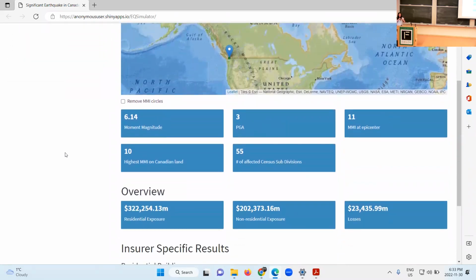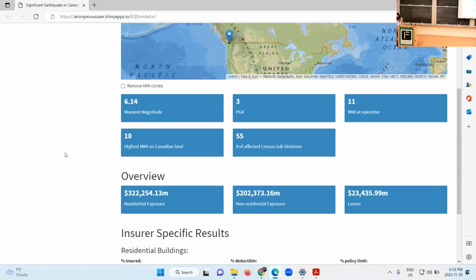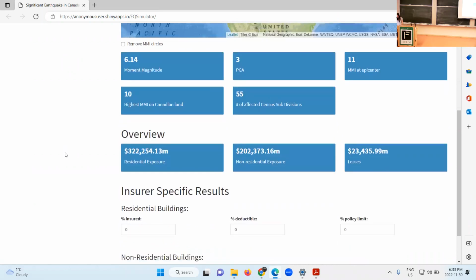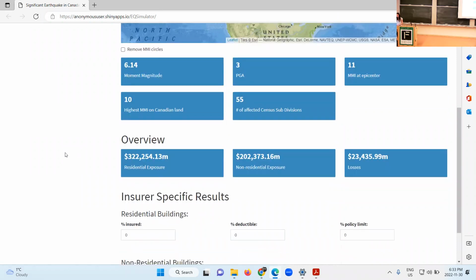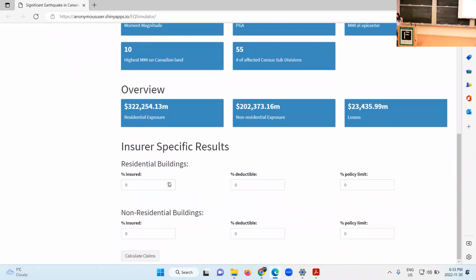I wanted to do it here, but at home it took me a bit of time for the calculations to run. So I went to a place where we had more history of earthquakes, and I felt that UBC would be a good guess. So we can simulate as many earthquakes as we want. And then let's say we have the percentage of insured, let's say 25%, a deductible of 10%, a policy limit of 90%, and we enter,